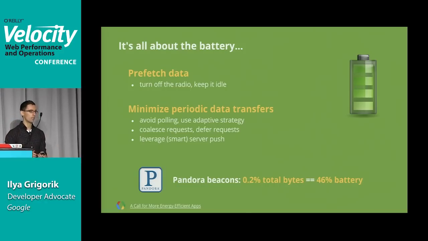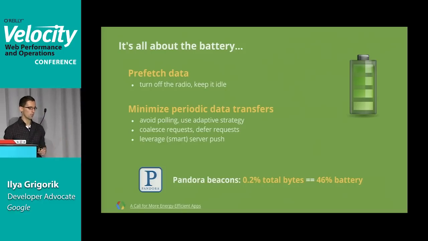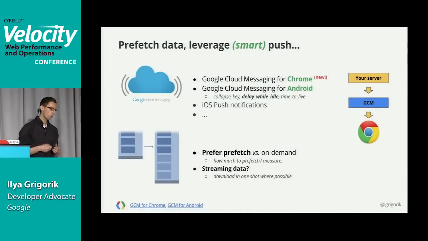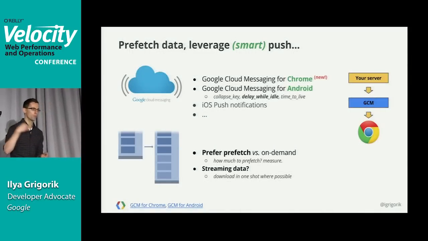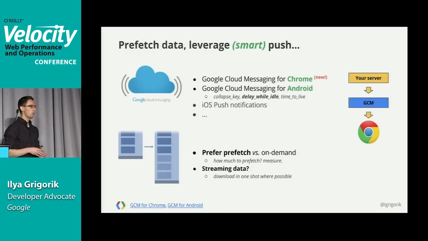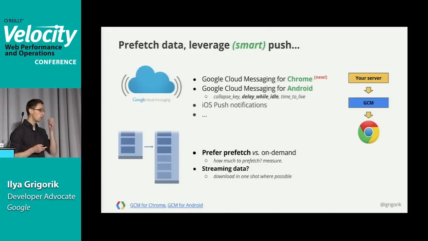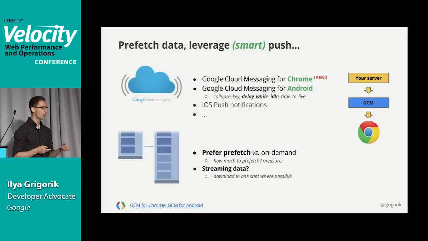And you could eliminate that entirely. And I think a lot of applications today suffer from this or a similar problem. One of the things you could leverage is smart push. Instead of polling the server continuously for "is there an update," you can push the update. But even there, you have to be very careful about how you push the updates, because you could very well end up in a situation where you push so many updates that it's actually even less efficient than polling the